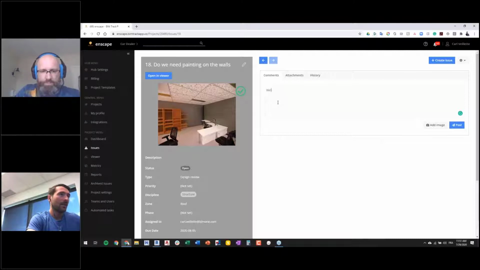I'm going to say, well, I think that we should add some paint on the block wall. Not sure if dark or bright is best. And I'm gonna post that.